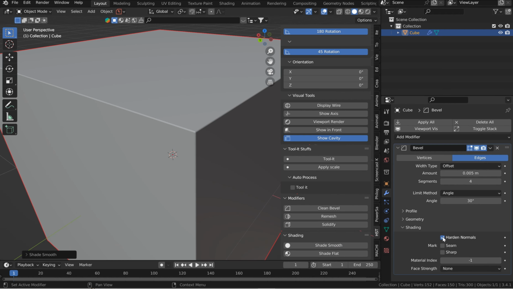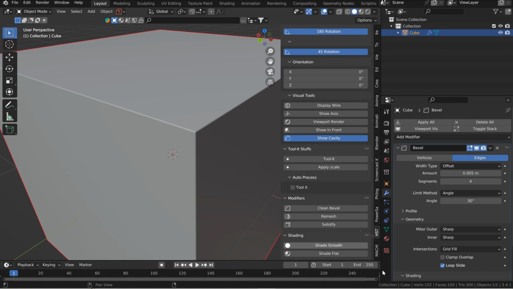And so if I come over here, turn the hard normals off, and hit clean bevel, it's going to turn on the hard normals, give me 4 segments and 0.005 on the amount. So that's pretty cool. And it's also now going to turn off clamp overlap. So if I turn that on and hit clean bevel, it's going to turn off the clamp overlap, which is